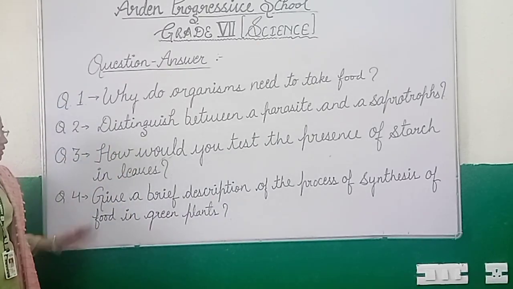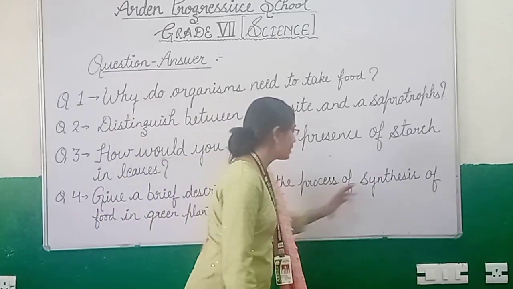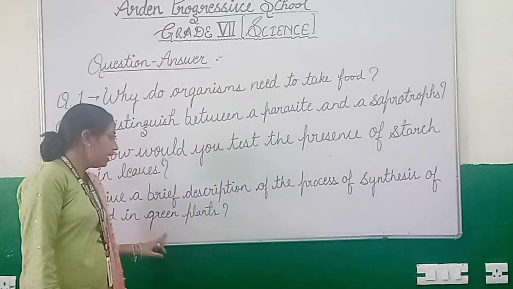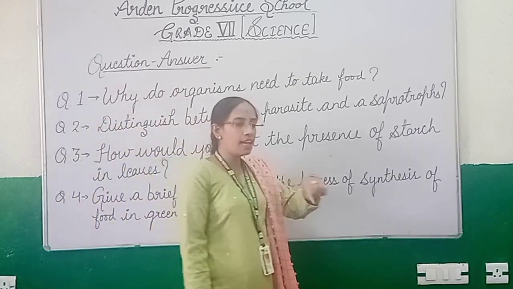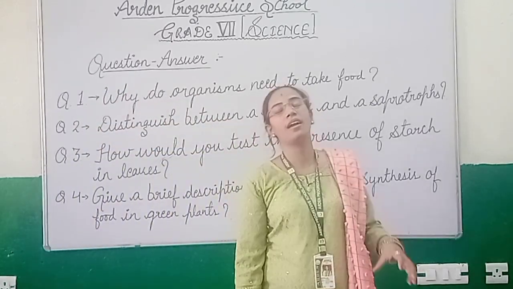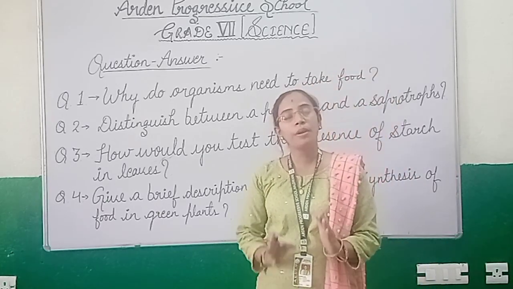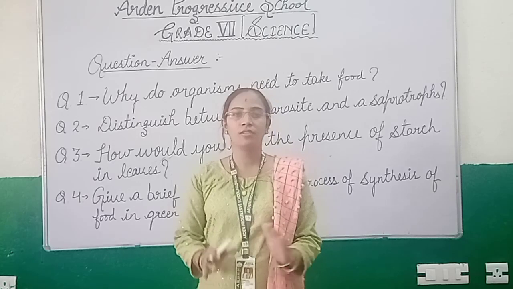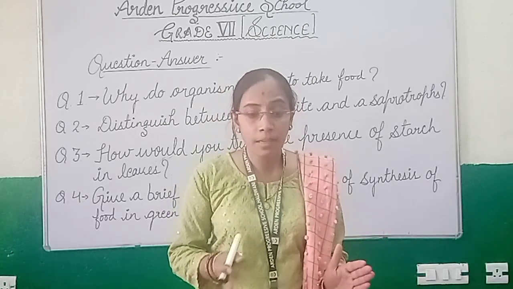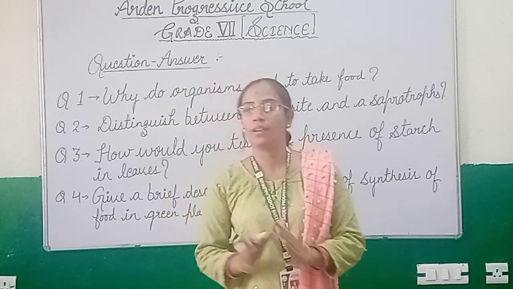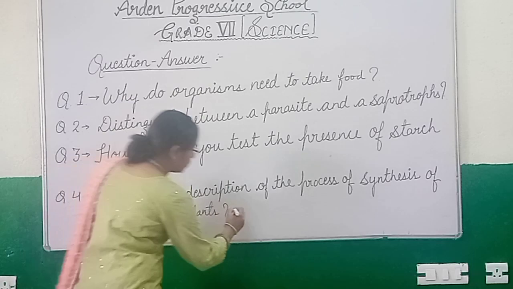Fourth question is, give a brief description of the process of synthesis of food in green plants. The process of synthesis of food by green plants is known as photosynthesis. So, plants prepare their food with the help of carbon dioxide and water in the presence of sunlight and chlorophyll. So, in this, the reaction is